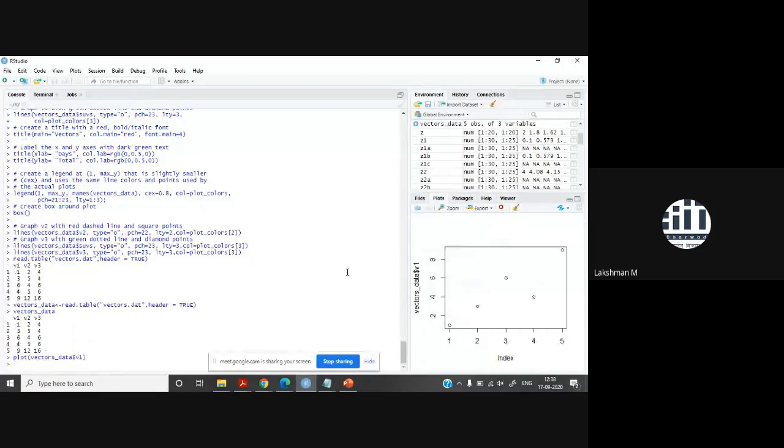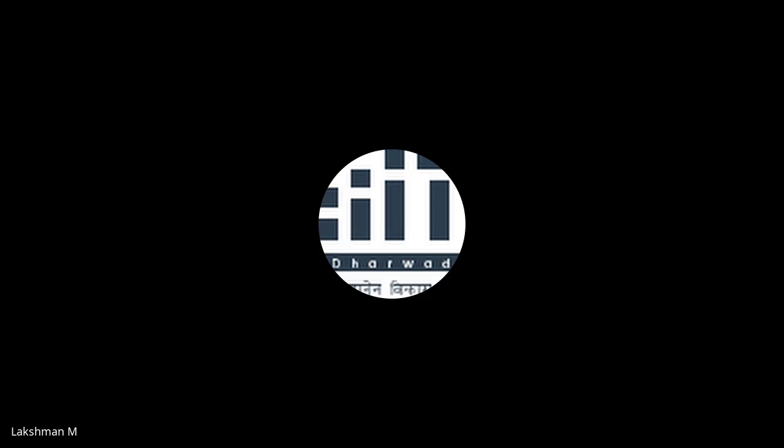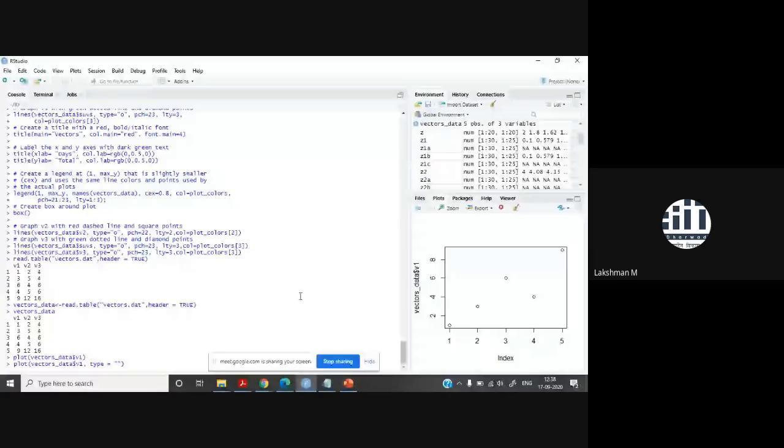Here, by default the plot comes as dots. If you want to change something, put type. I have told you about overlaid: the dots will be joined by a line.